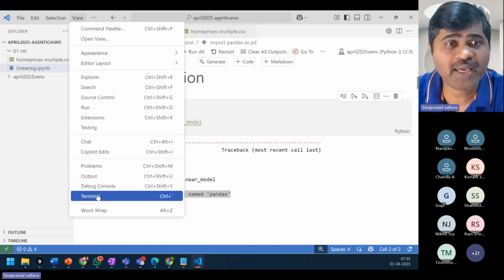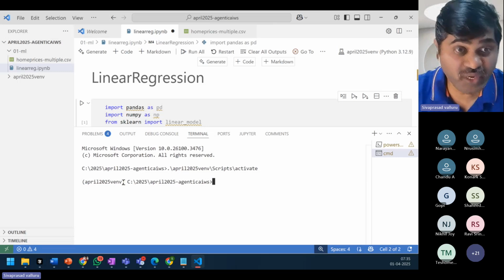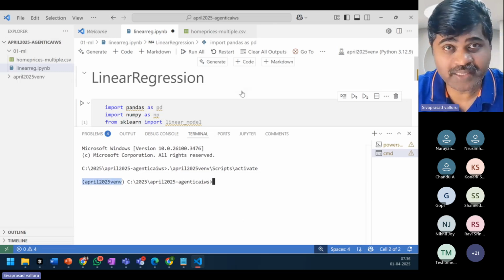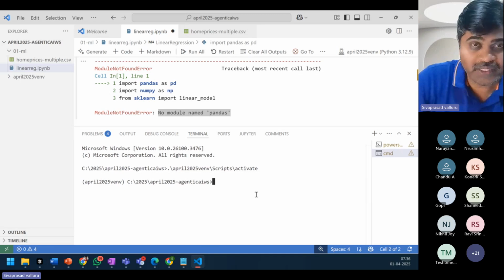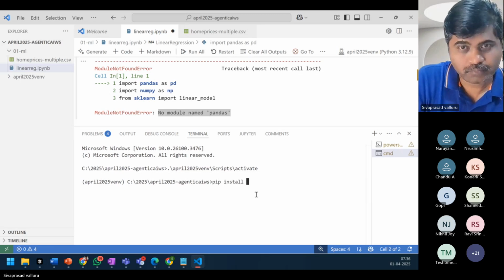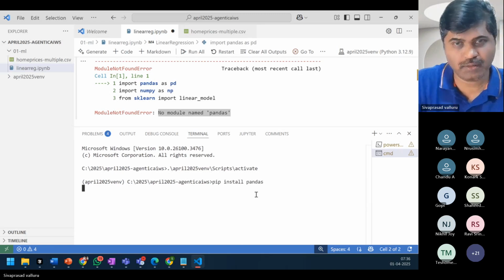I'll just go to terminal again. And I'm in this virtual environment already. This virtual environment is activated. So I'll do pip install pandas.